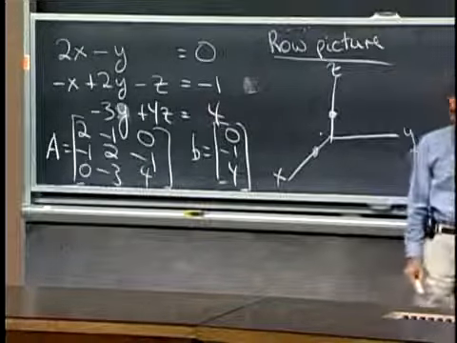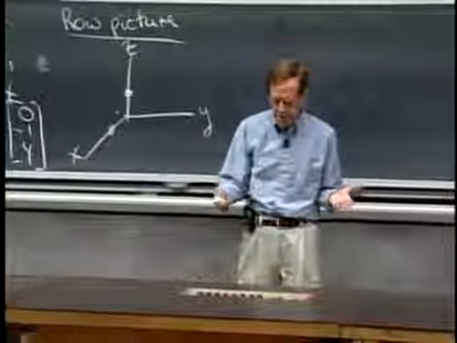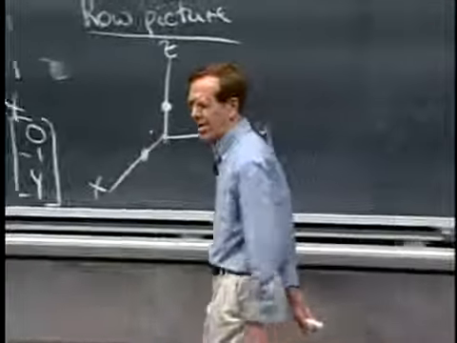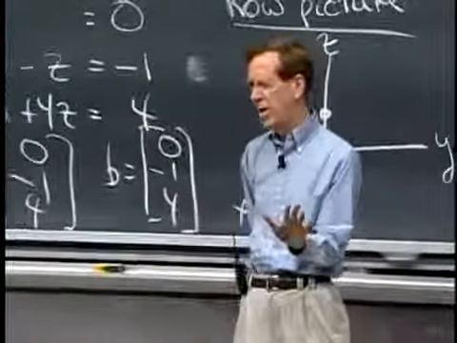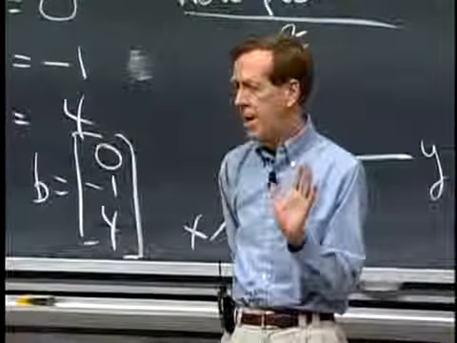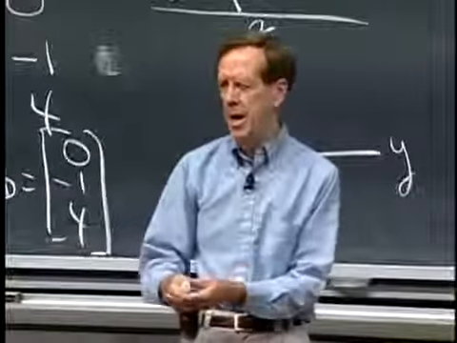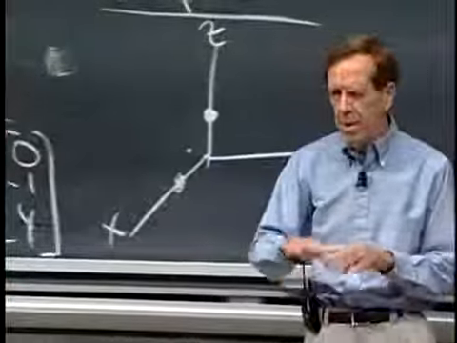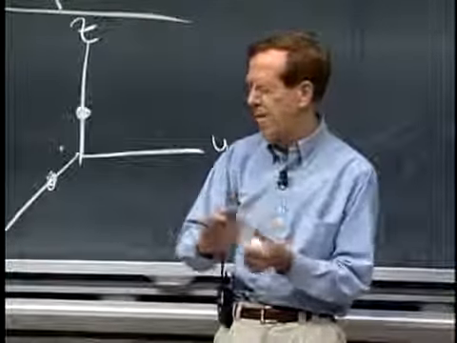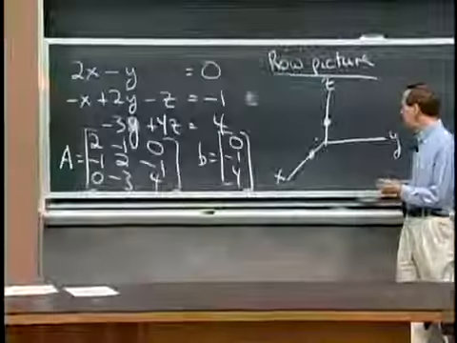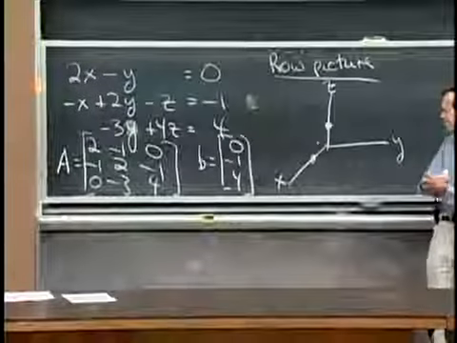Let's see. I want to put in all the points that satisfy that equation. Do you know what that bunch of points will be? It's a plane. If we have a linear equation, then fortunately, the graph of the thing, the plot of all the points that solve it, is a plane. So these 3 points determine a plane, but